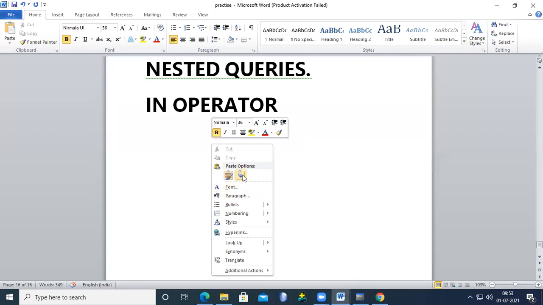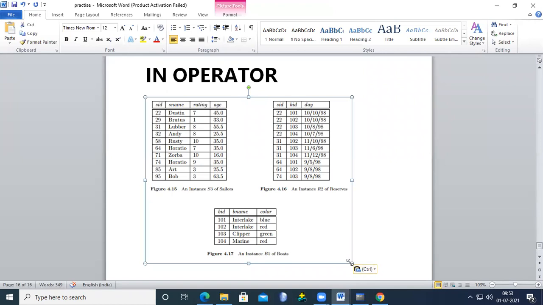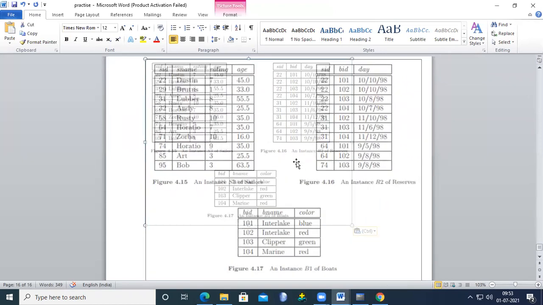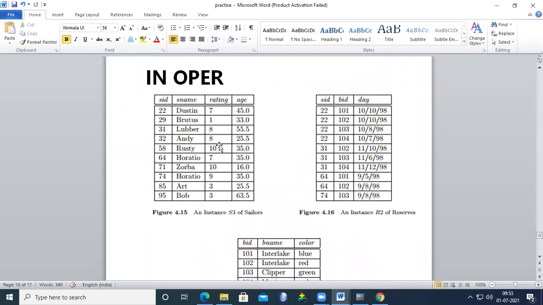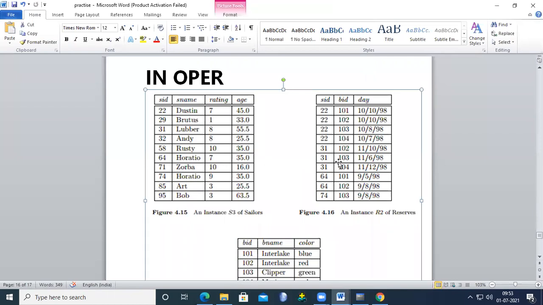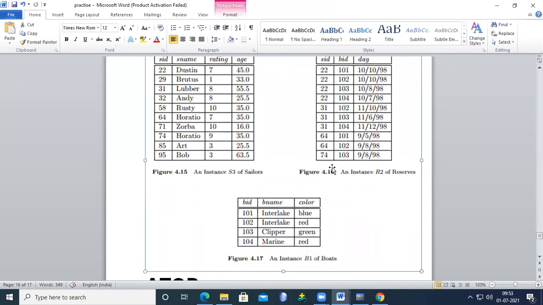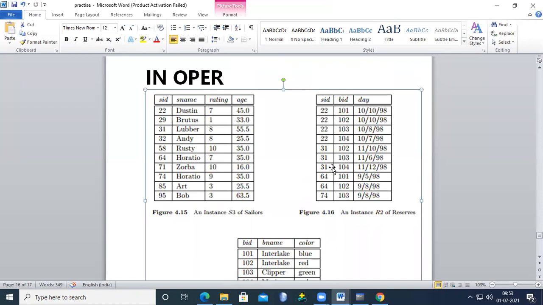This is very important from the exam point of view. I think all of the members are able to see clearly. How we create this table, I already said in the last classes. This is the silent table, this is the resource table, and this is the boards table. In the exam, tables are given randomly, and then we find where the primary key is and where the foreign key is. So please try to write how to create these tables.